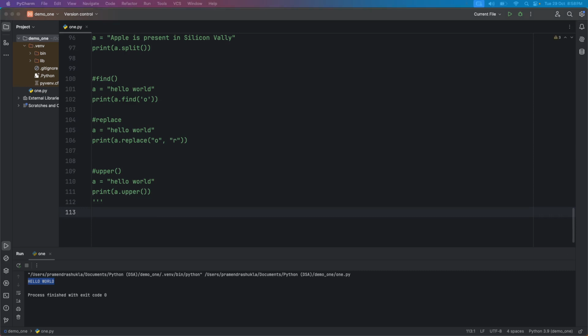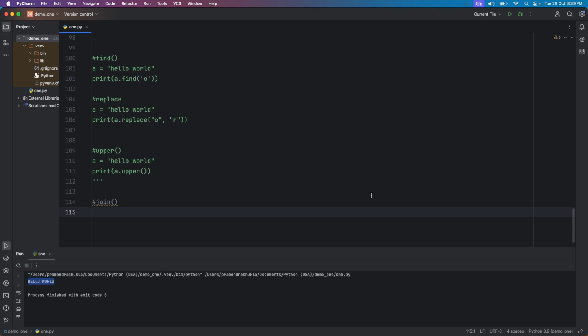Moving on to our next method, which is the last method, I guess. It is the join method. Firstly, we have seen the split method, which converts a string into different words, right? What the join method does is just the vice versa of the split method. It will join all the words into a single string. For example,